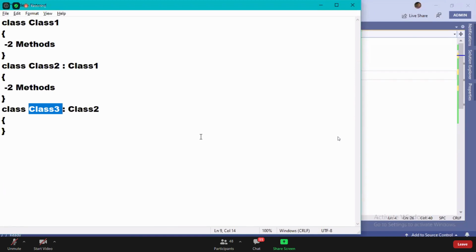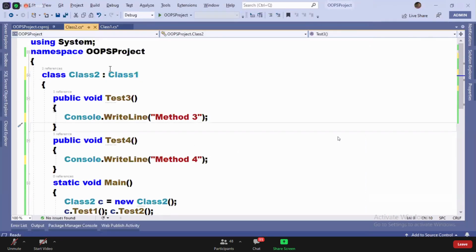Inheritance is a very, very simple process. You define a class and you say colon, parent class name, that's all. Once you say parent class name, automatically the members of the parent class will become the members of the child class. And the child class can start consuming the parent class members directly. Okay, fine. Now, answer me a question.